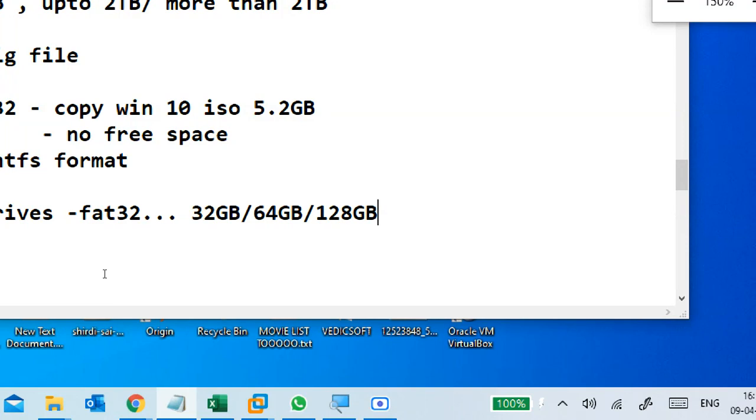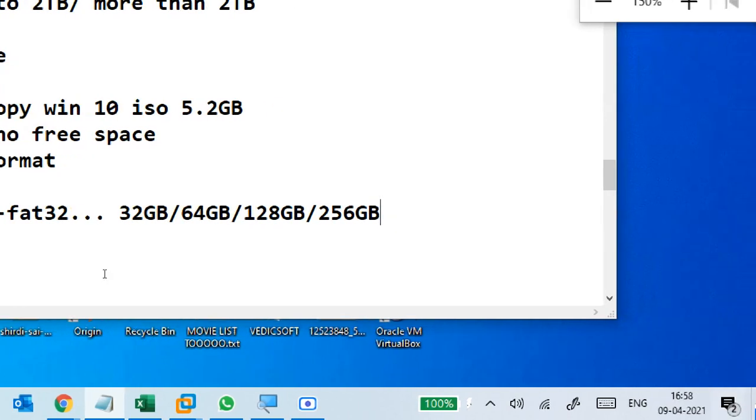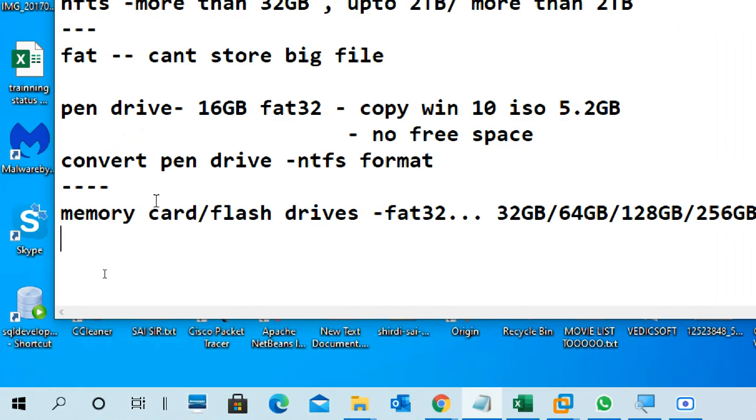With my last mobile phone, I added 64 GB external, and my current phone supports 128 GB. So see, guys, FAT supports only 32 GB.